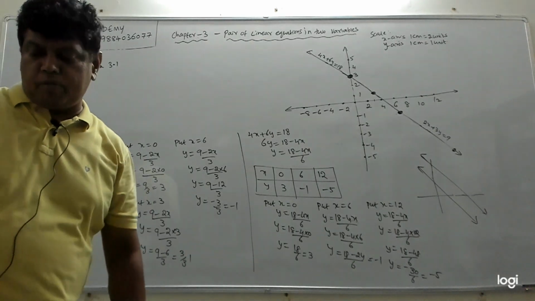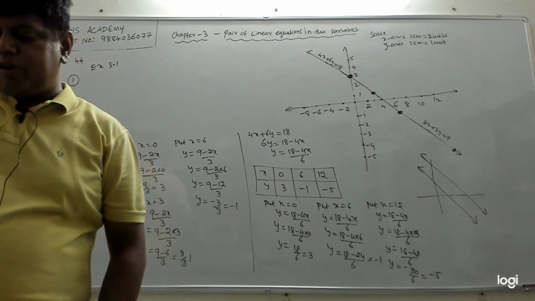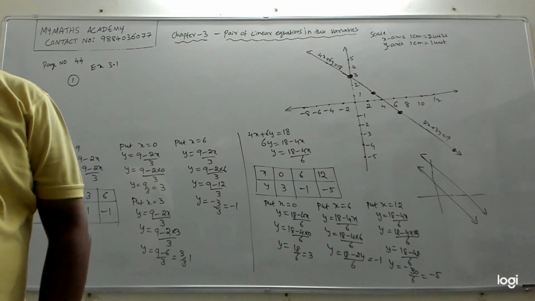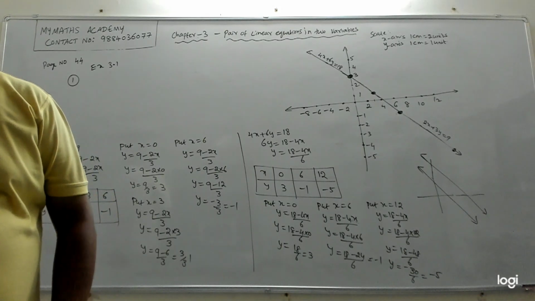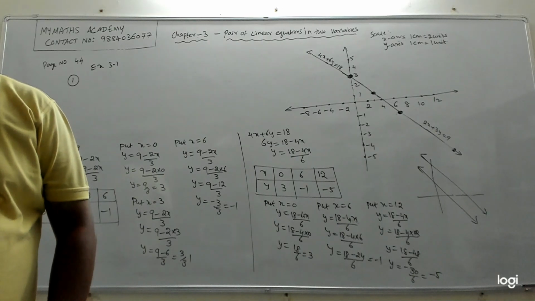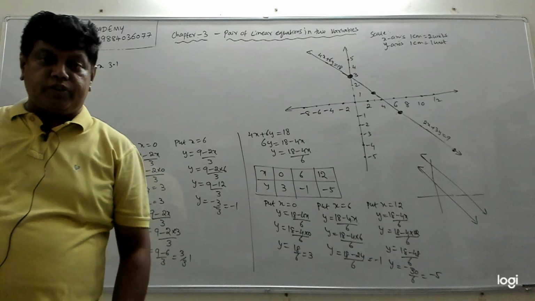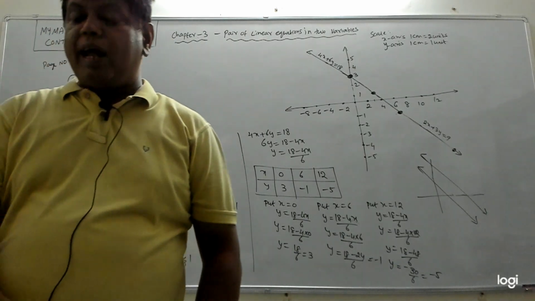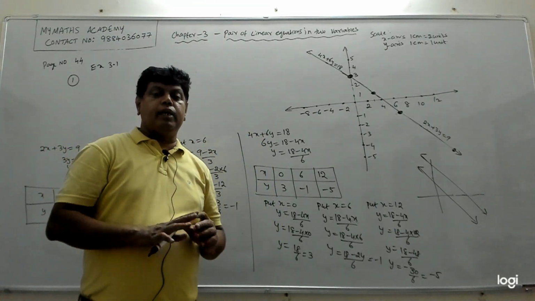It's an important problem. So what the first problem says is, Aftab tells his daughter, 7 years ago, I was 7 times as old as you. You were there. Also 3 years from now, I shall be 3 times as old as you will be. Isn't it interesting? The statement that Aftab was making, represent this situation algebraically and graphically. You have to represent this situation algebraically and graphically.